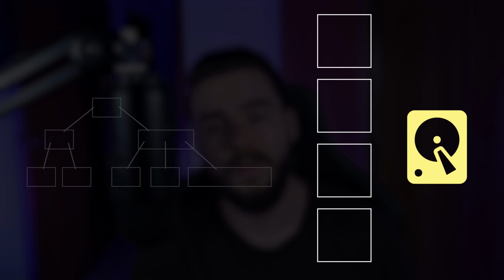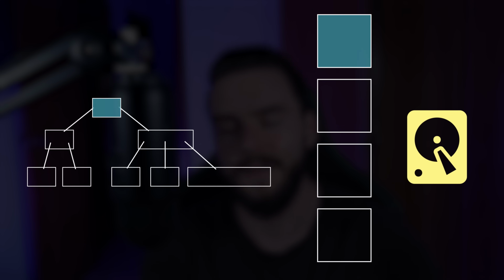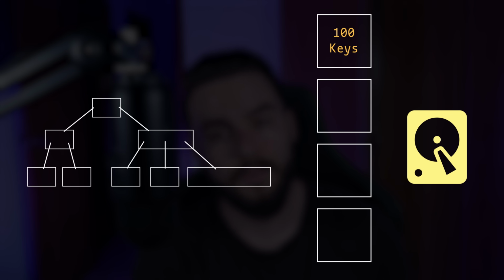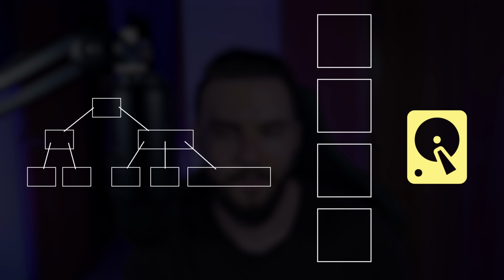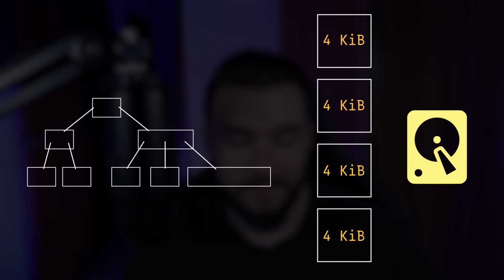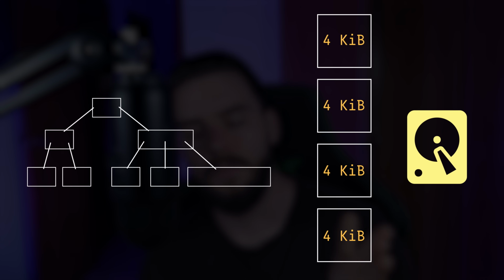The way we're going to store the BTree is we're going to figure out how many keys and children pointers we can fit into one block. For example, let's say that we can fit 100 keys. Okay, then each BTree node is going to have 100 as the maximum number of keys, and then we're going to store each BTree node into one single block. If the block size is 4 KB, not kilobytes, I'm talking about 4096 bytes,